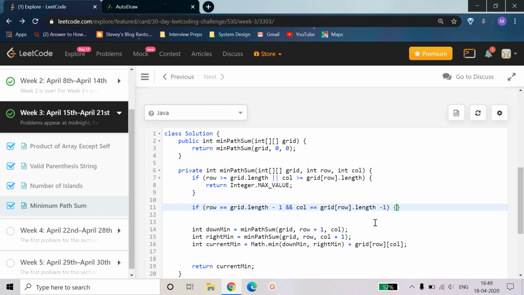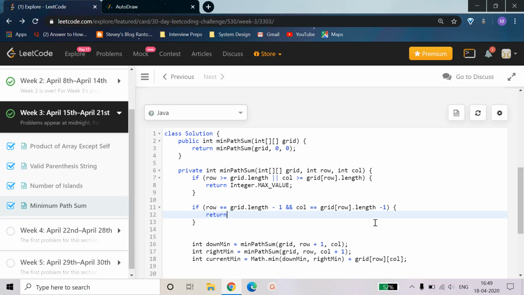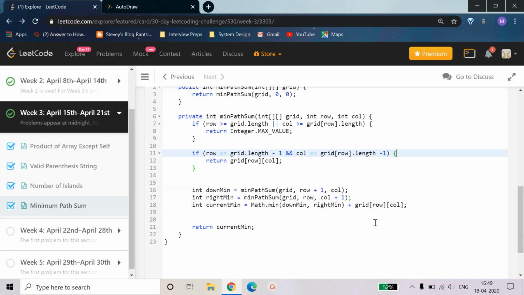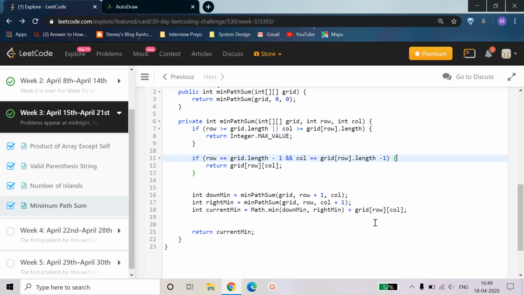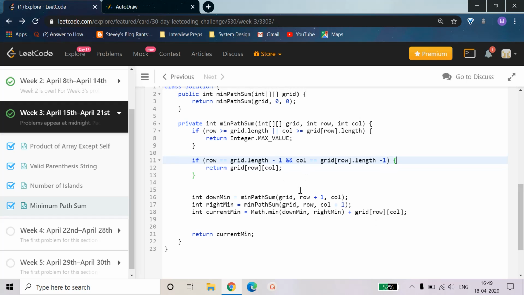In that case I'll just return whatever is the value for the last row and column. Now this is a good enough solution, but if you try it out, this is actually solving something